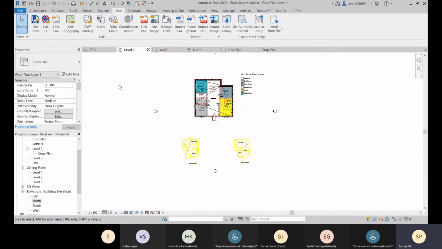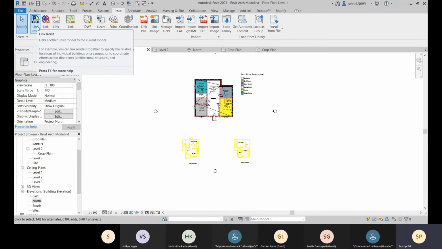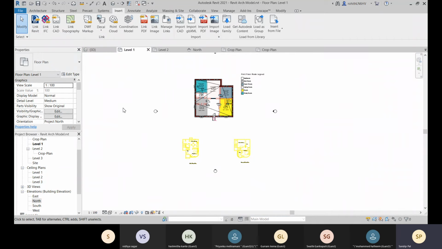So for that you can choose your link Revit file. Suppose within your architecture files you want to add your topo surface or your landscape files that is created in Revit, so that you can go for this link Revit. And suppose you have your topo surface or landscape file that is created in SketchUp or other software like AutoCAD.